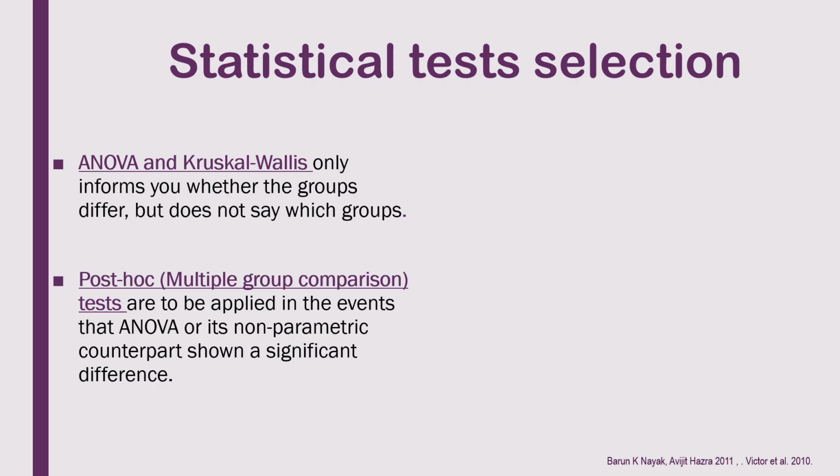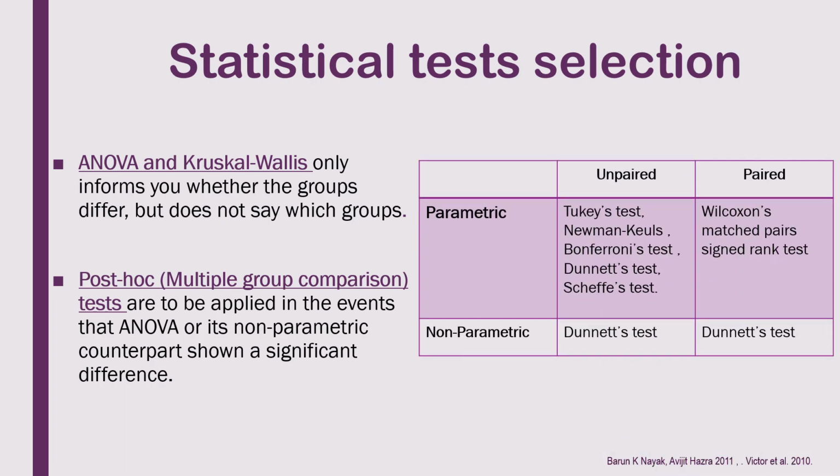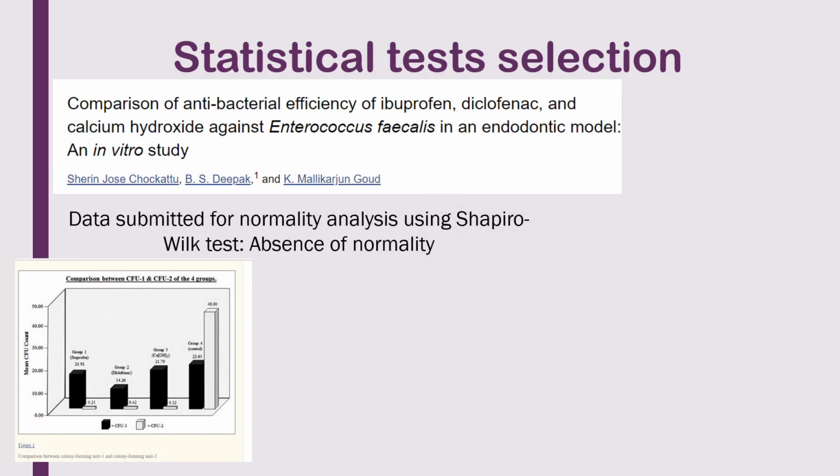after any multiple comparison. And these tests will differ depending on whether your data is normally distributed or not, or whether your observations are paired or not. Tukey, Bonferroni, Wilcoxon, and Dunnett tests are among the most commonly used tests. So let's take one last example to further clarify this point, and that will lead us to the last point